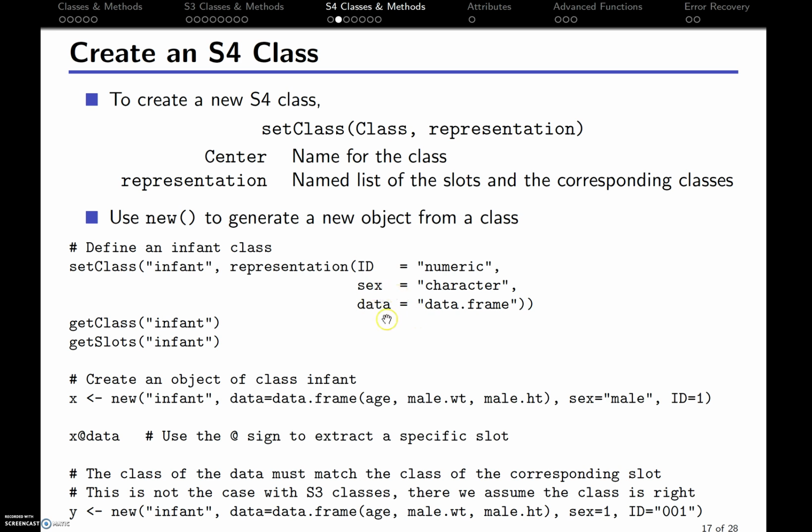And that data, remember, has the height and the weight. And so notice how we've defined these. These have particular classes associated with them. This defines that ID must be numeric. Sex must be character. Data must be data frame. So it's not going to allow us to enter any of these values that are not according to these classes